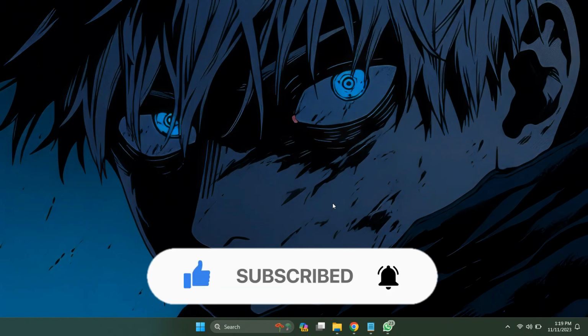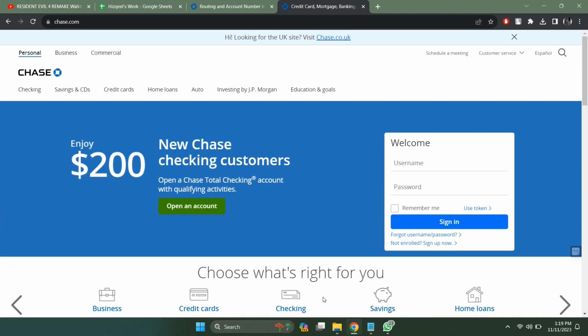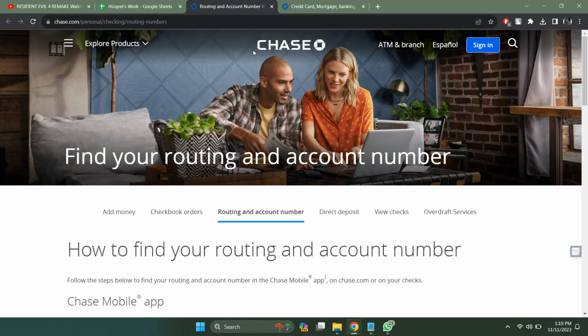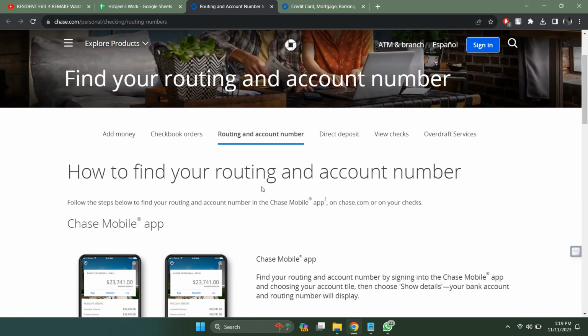So first of all, open up any preferred browser on your PC, search for Chase Bank, go over to its official website and make sure you are logged in over there. After that, you will be redirected to the main homepage of the website. Now log in on a PC if you want to check it on a PC,